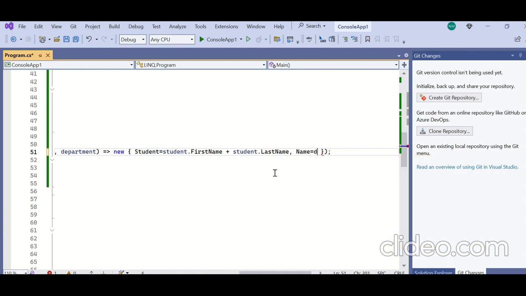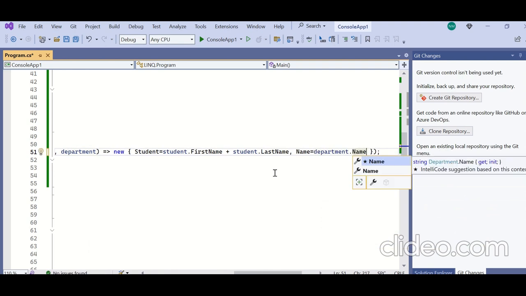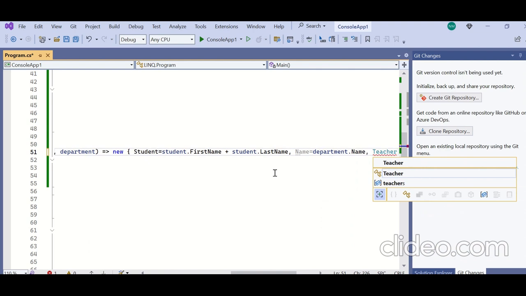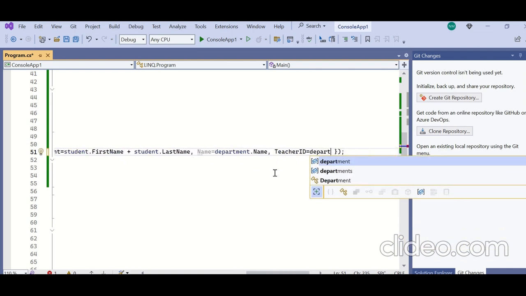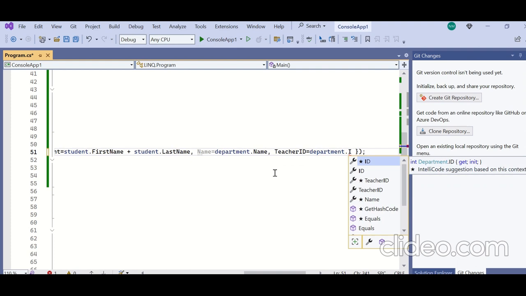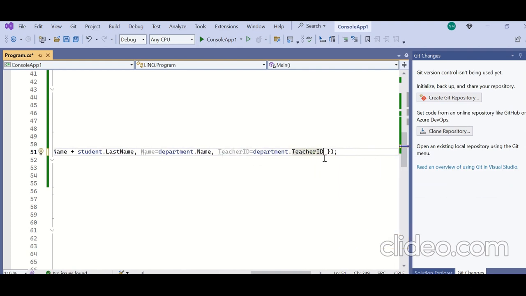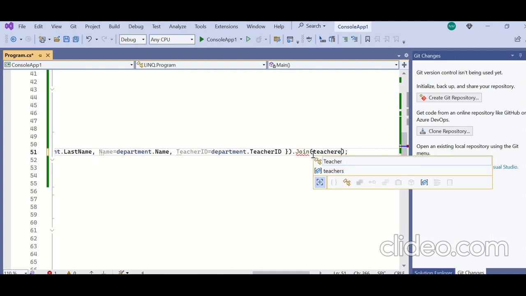Name equal to, I mean for the next join operation you have to use teacher ID also. Dot teacher ID, yes. So again one more join operator you can give, and this time it is teachers